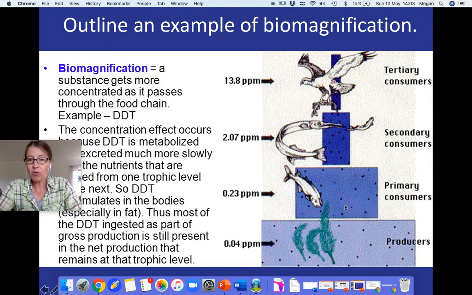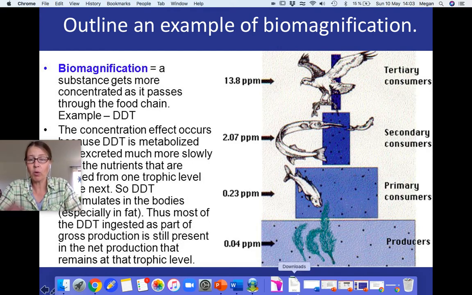And again, at this trophic level, they're going to be respiring, releasing carbon dioxide out. So they're losing biomass as we move from one to the other, and energy, but we're not losing the toxin. So again, you have just as much toxin, but in a smaller amount of biomass. So it's even more concentrated and more concentrated. So as you move up the food chain, it becomes more and more concentrated.